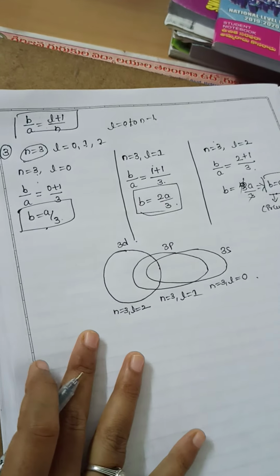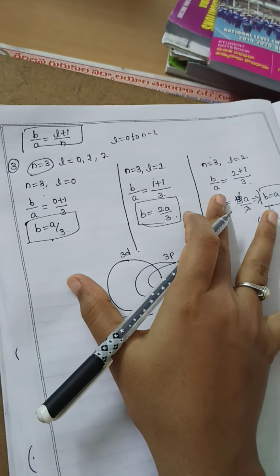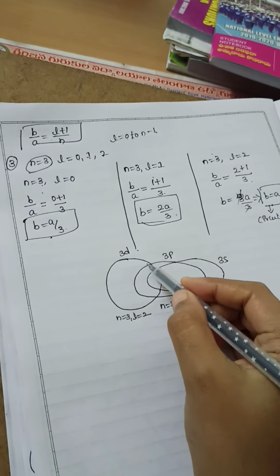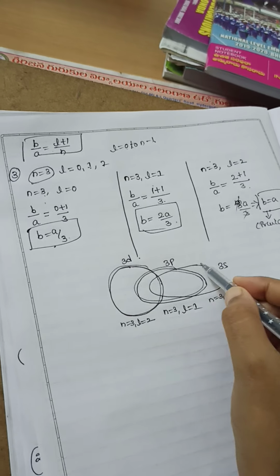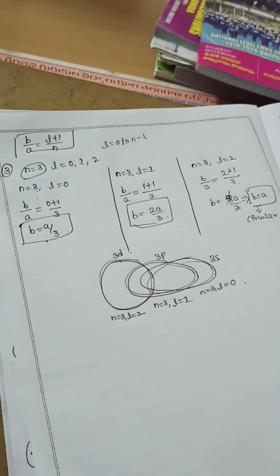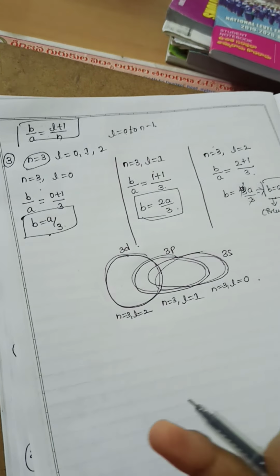So here Sommerfeld explains that the electron is revolving around the nucleus in different states. In one case it is in a circular orbit, in another case it is in an elliptical orbit, in another case it is also in an elliptical orbit. So like this he has explained the different complex structures of spectral series.